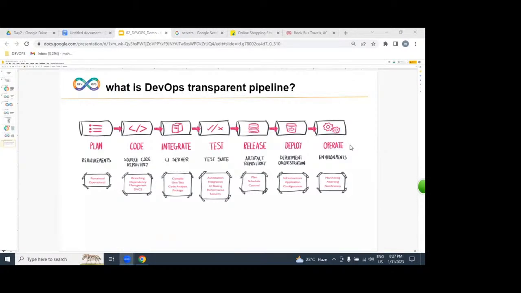In this pipeline, our roles and responsibilities start from where? Coding. Ends with what? Operation. That means we are part of dev environment, integration, testing, release, deploy, and operation.